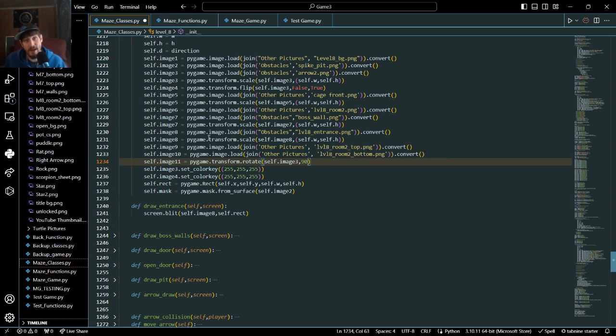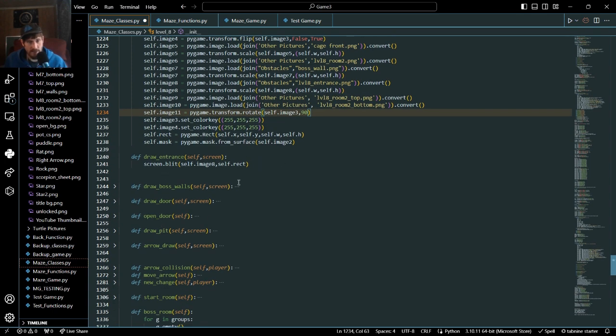Okay, so now we got the 3 images I want to have loaded in,